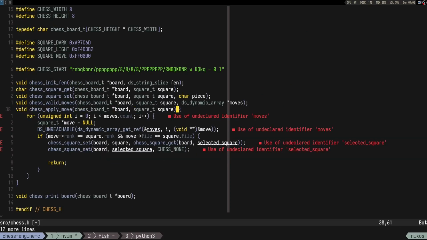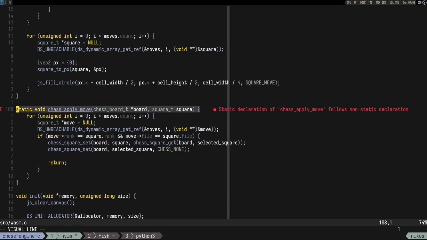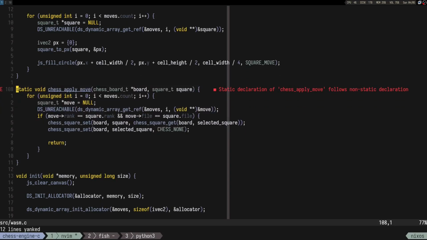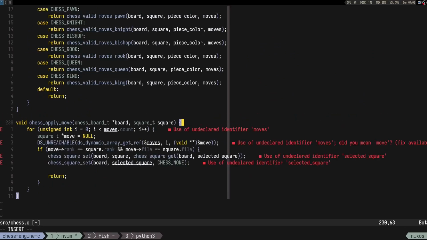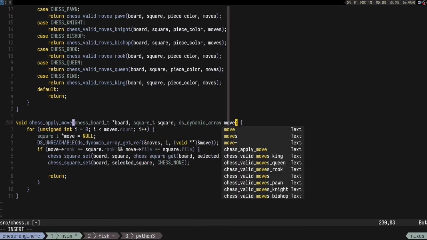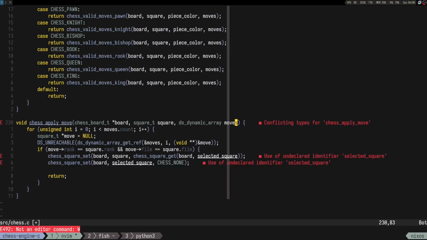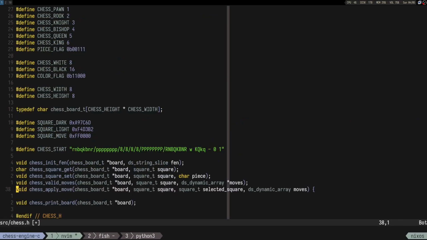Apply move is gonna be the same, bit different, but just let's see. It needs this dynamic array moves, and I think it also needs selected square, deselected square. Okay,